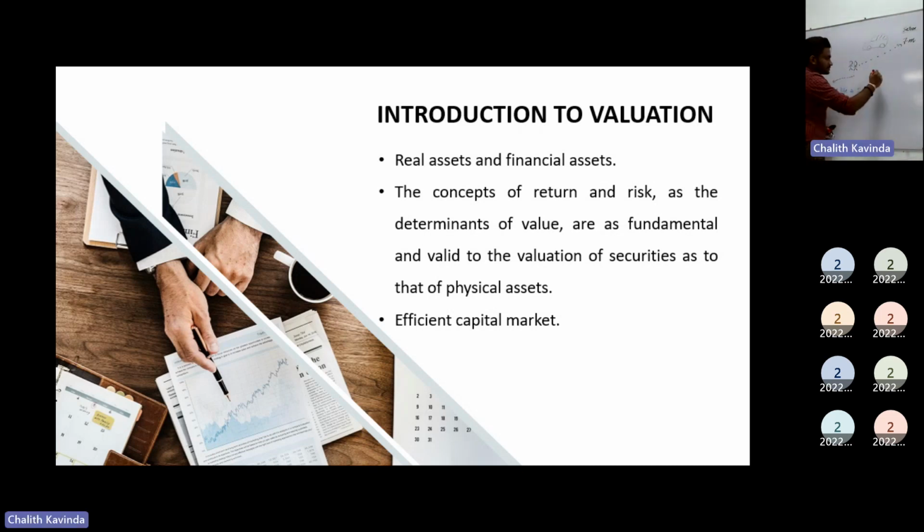Let's assume that you are using this lorry for 3 years: year 1, year 2, year 3. Please consider this a very basic, very simple example. So you are using this lorry for 3 years, then you need to estimate how much net cash inflow you are going to get by using this lorry. Simply, a cost benefit analysis.